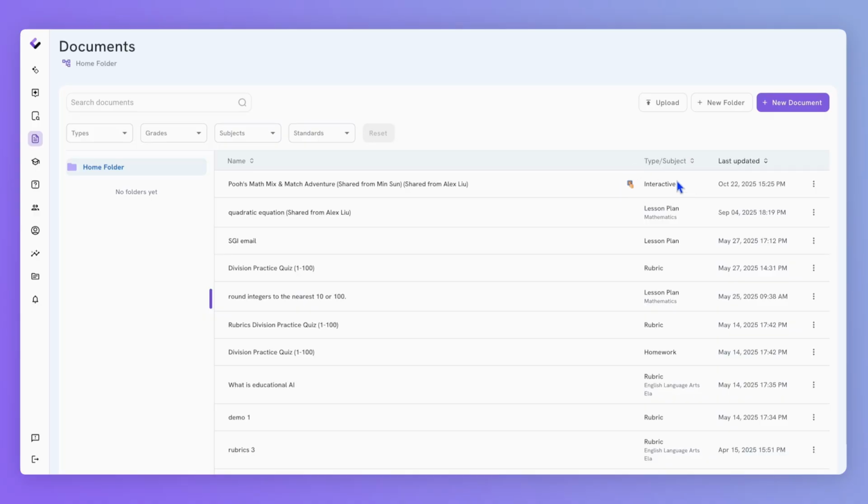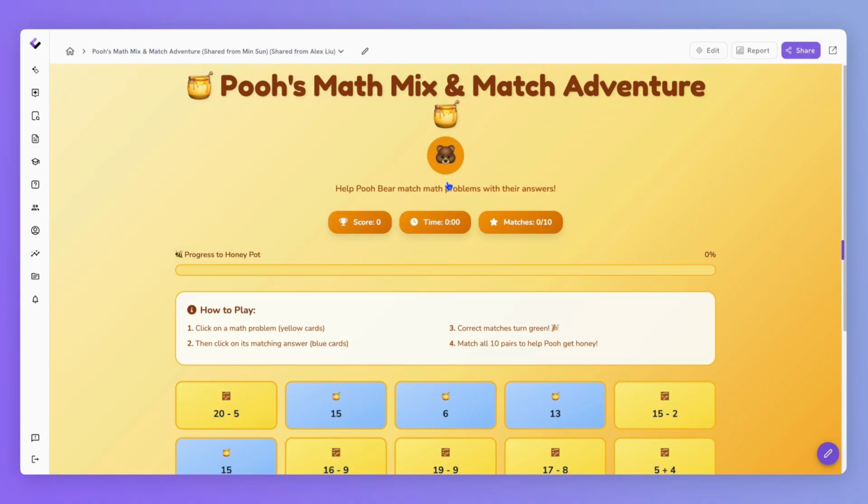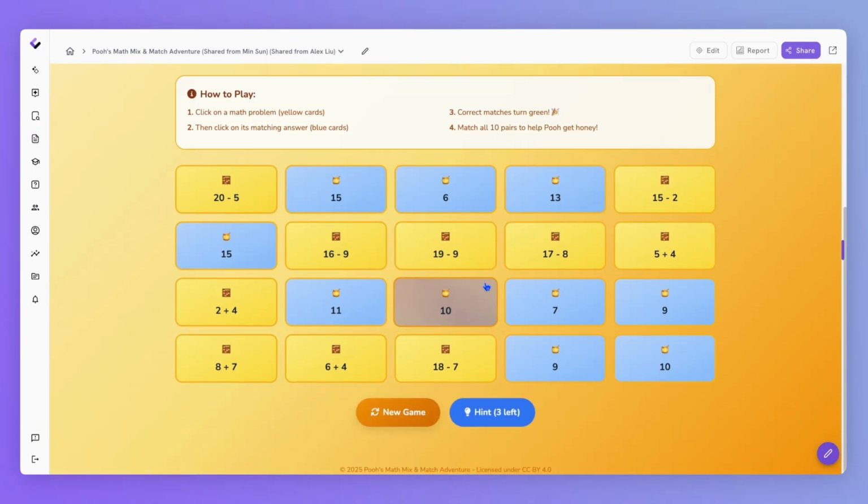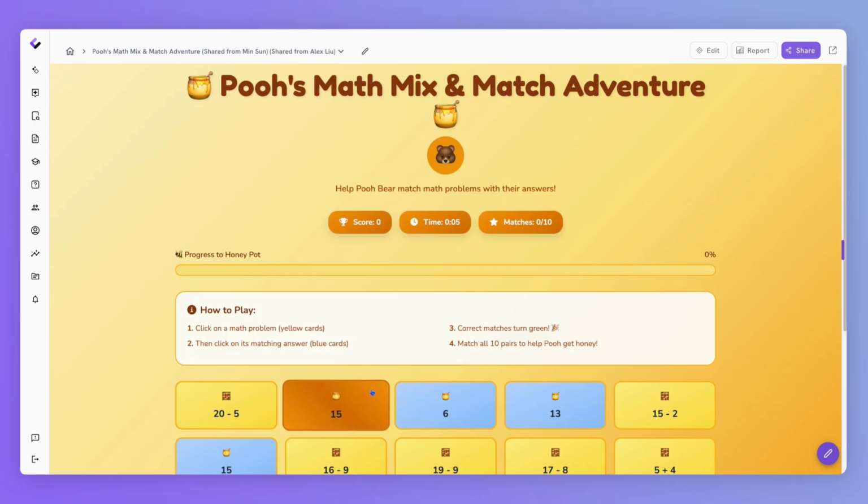In this video, I am going to show you how to share the interactive assessment or worksheet you generated to collect results and generate reports. After you create interactive materials for your students, such as formative assessments and worksheets, you can share them in two